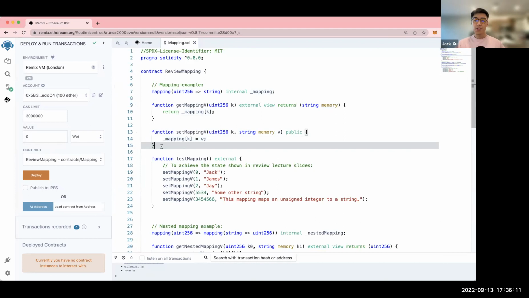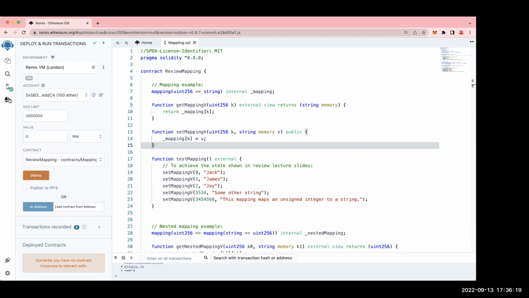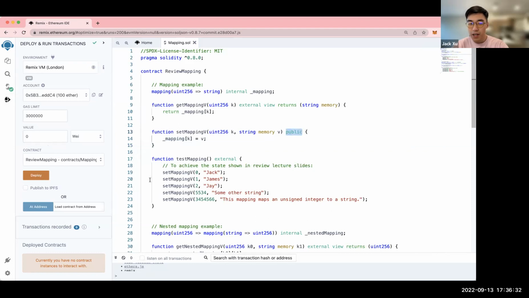All right. Any questions so far? Why do we need to use the setter instead of just calling like mapping 0 Jack? Right. Well, how do I call it here as a user? Oh, yeah, you can't. Within the code, you don't have to. It could be external, you're right, but I just wrote this test mapping function so I can quickly run through all these so I don't have to do it manually every time. If not for this testing code, this will be external, if that's what you're asking.